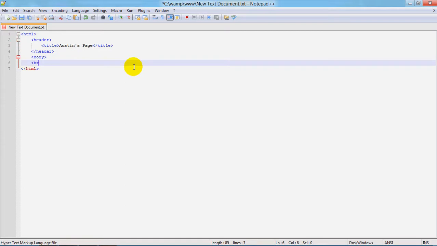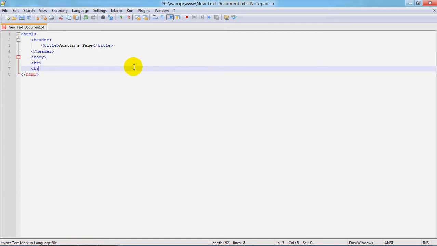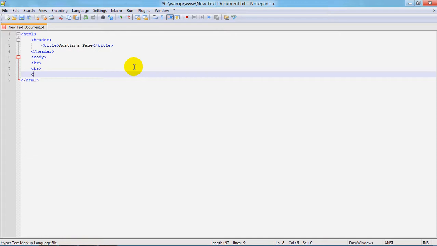Alright, so this is just going to be 2 blank lines, and now I'm going to make a new paragraph,